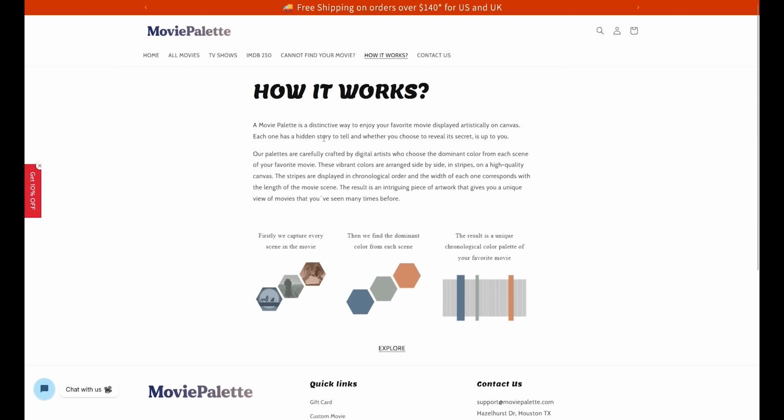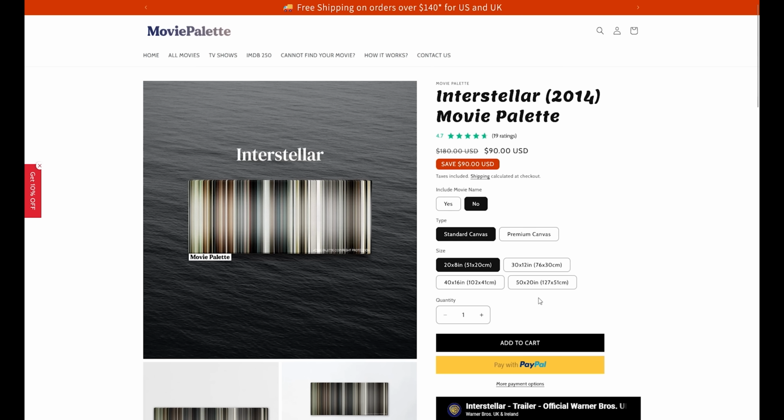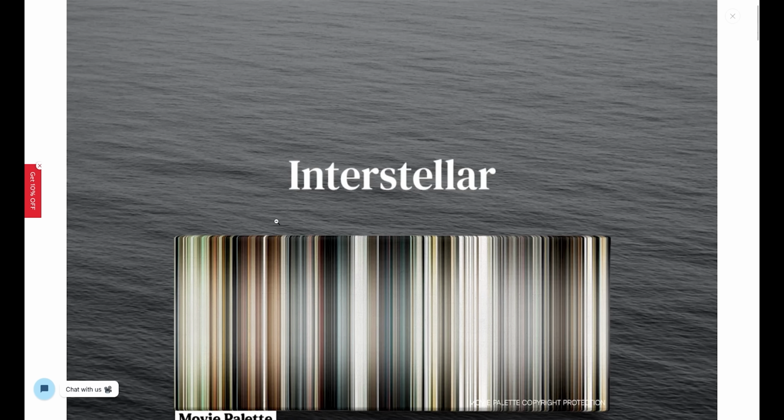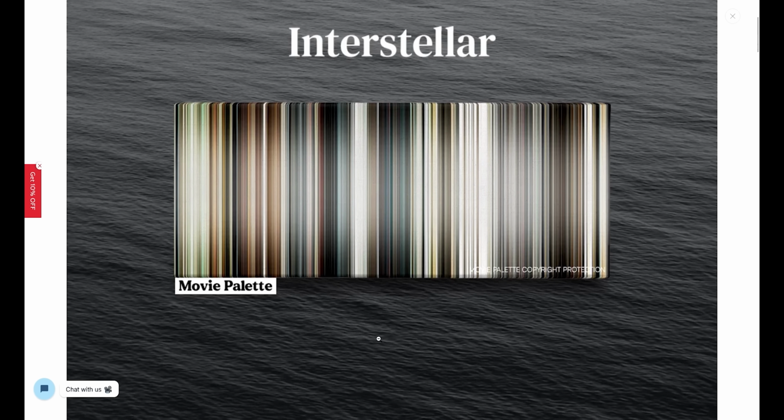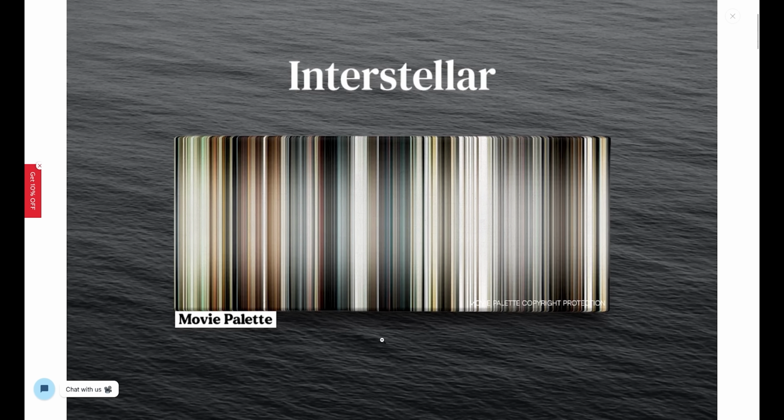They don't give a lot of details on how they actually do this, but they do say the dominant color, not average color, which I think is a better way to do things if you want bright, interesting pieces. But it's not a palette. It's also not really showing you the contrast of a particular scene or frame, just the overall dominant colors of